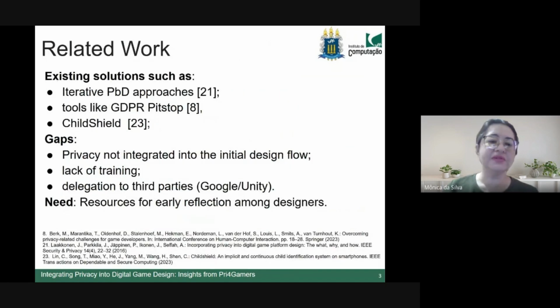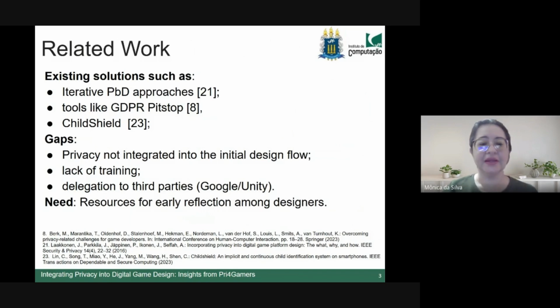As mentioned, we did a literature review, and this review showed that there are already some solutions proposed in the literature. Here I present 3. However, there are additional solutions focused on incorporating privacy by design into game development, such as a tool designed to incorporate GDPR into data integration processes. There are other solutions aimed at protecting children, as well as additional privacy protection solutions, but still, when compared to software development solutions, the number of solutions for game development is much smaller.